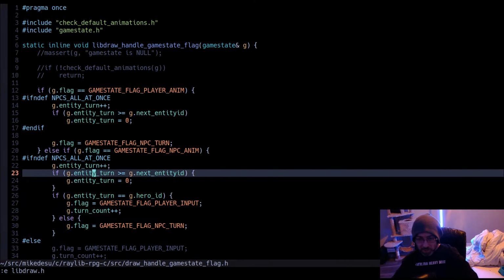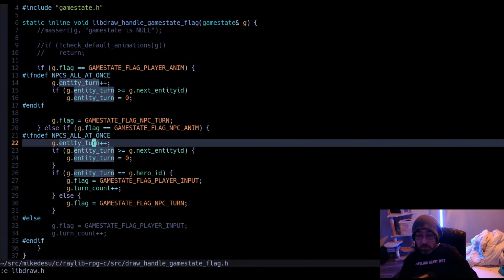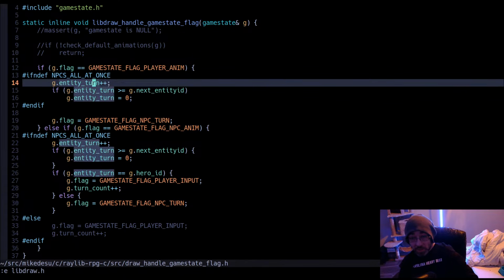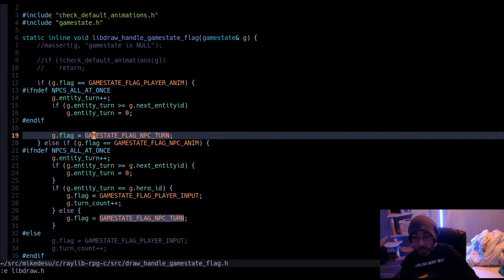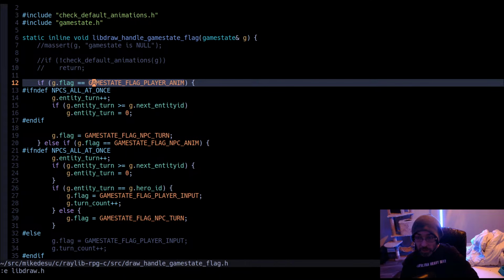We got this nasty function I haven't cleaned up in a while. So if NPCs all at once, or not NPCs all at once, we manage the setting of the game state flag.